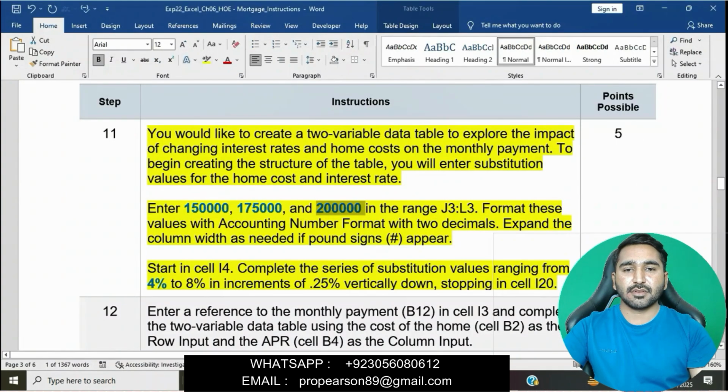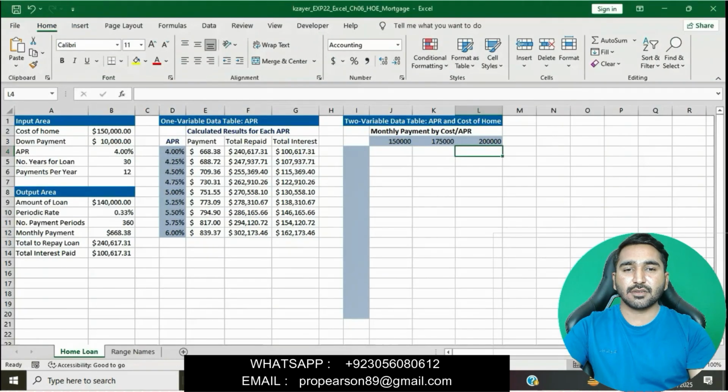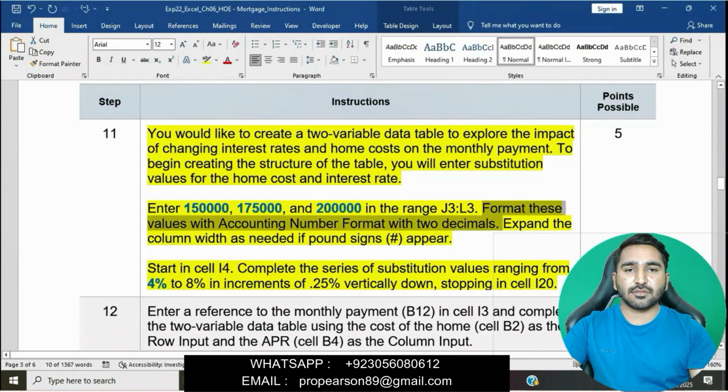Then format these values with accounting number format with 2 decimal places. Okay, we will select this and go to the Home tab and apply accounting number format in the Number group, with 2 decimal places.